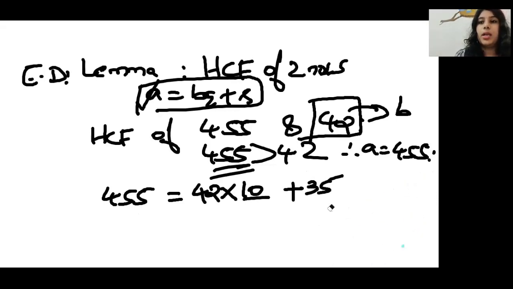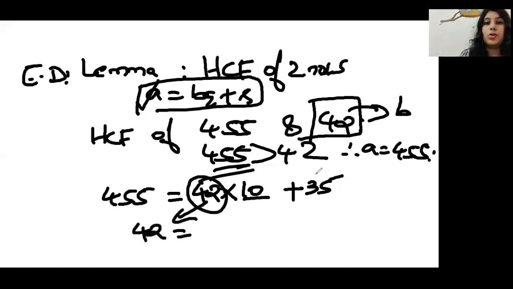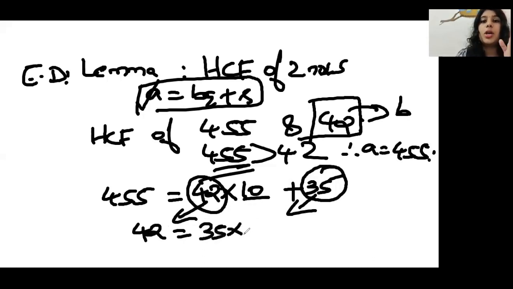Okay. Now what I'm doing? Now I want to know about this divisibility. So I'm taking this value over here, that is 42 is equal to. So now I again want the common factor. So if I'm taking this 42, I want to know regarding this 35. So this I'm taking here, this I'm taking here. So 35 into which number? 35 into only 1 I can take. 35 into 1 plus, then what is remaining there? Only 7 is remaining there.